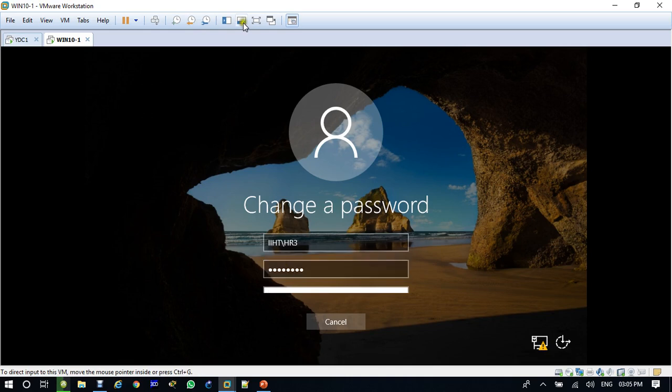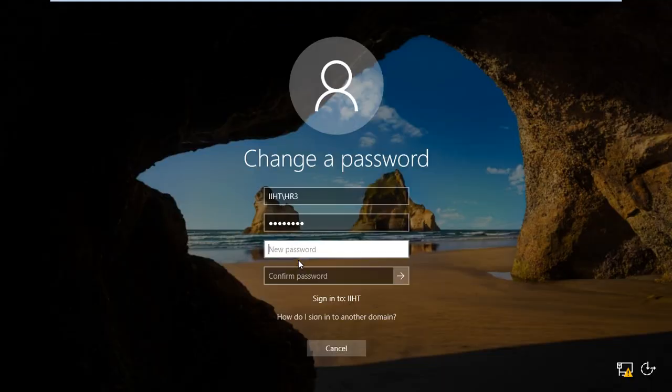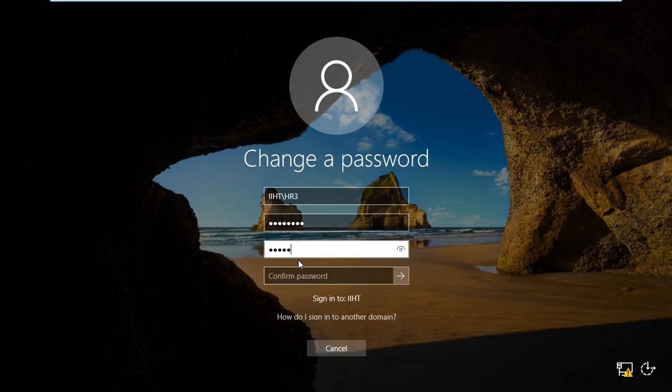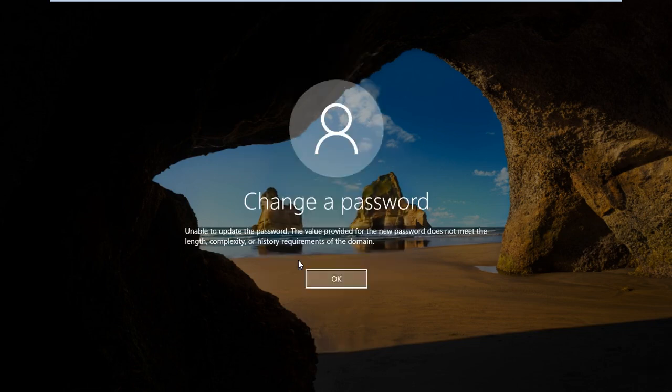His new password he is trying, 123 at IIHT 1. See, unable to update the password because of the password complexity requirement and the password policy requirement.